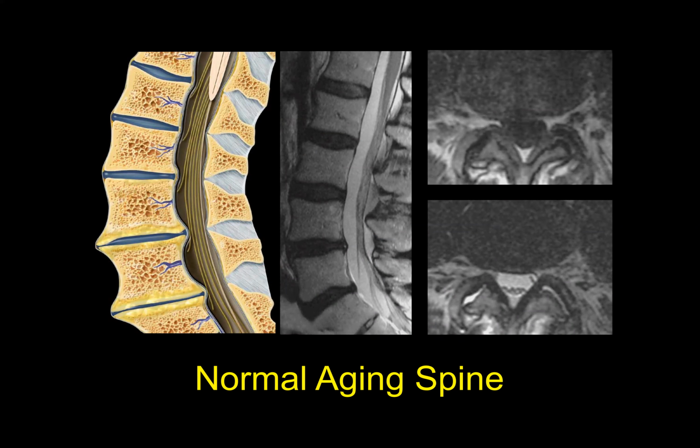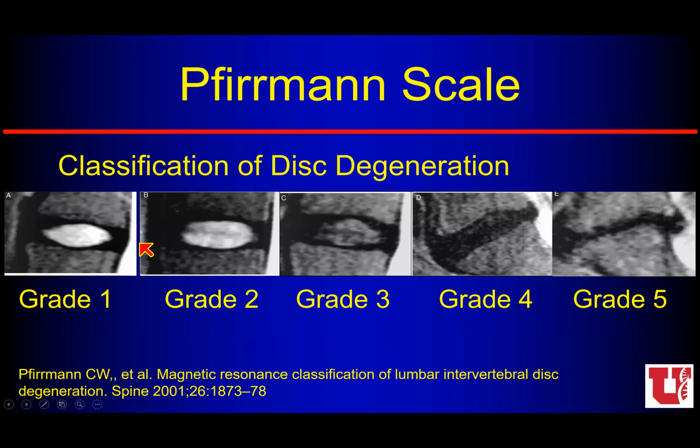And like a lot of things in medicine and in imaging, there are a lot of different staging systems we can use when we think about these discs and how we label them. There is a Pfirrmann scale, for example, a classification of disc degeneration. As you can imagine, a young, healthy person is a grade 1 with a nice juicy disc, no extension posterior. That becomes more desiccated over time, and then we start to lose height with the grade 5